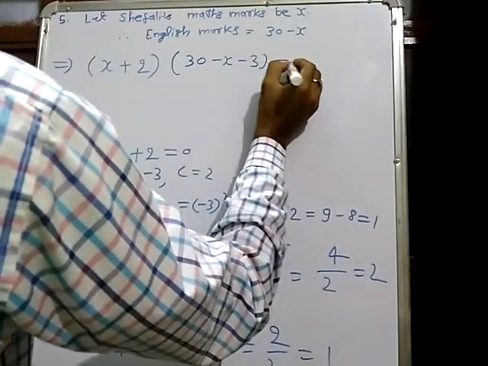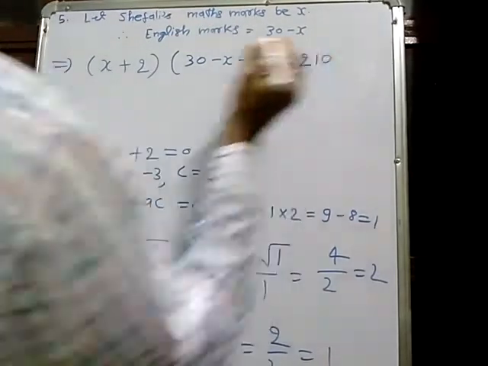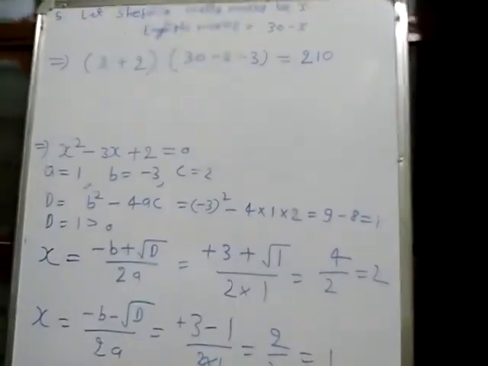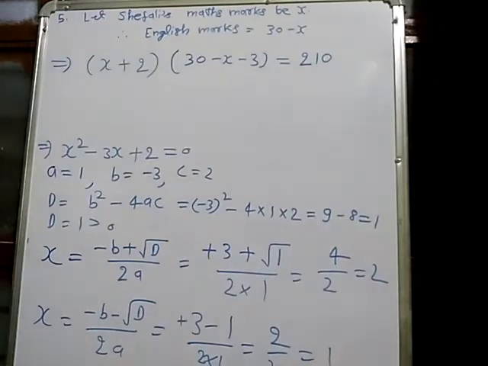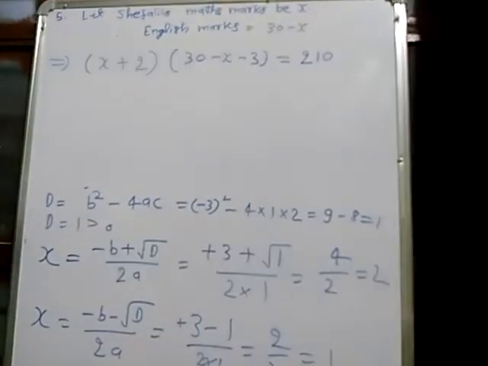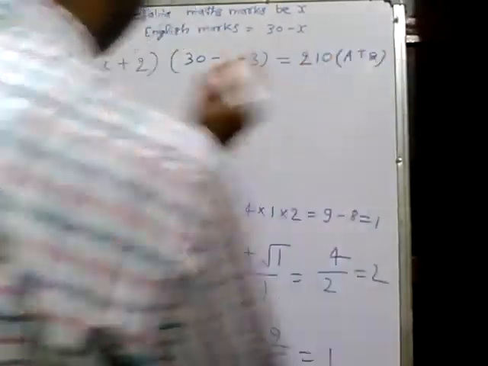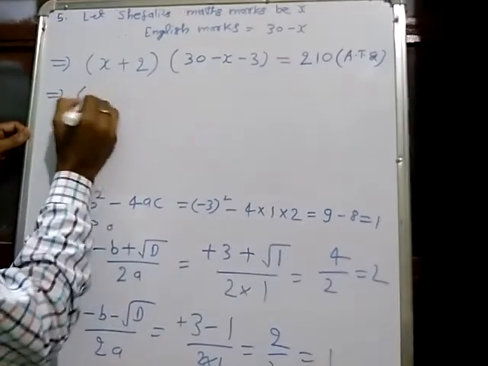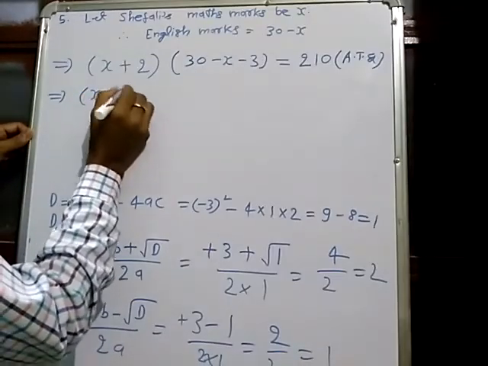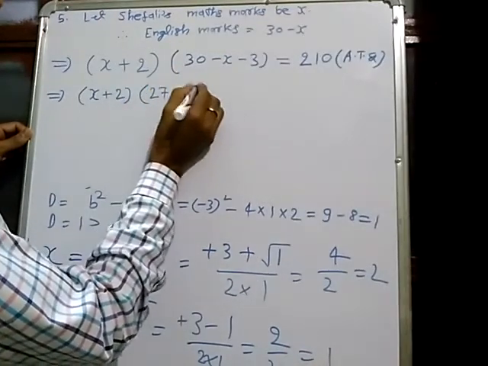Then the product of their marks would have been 210. So the product of her marks is 210. This is what we got according to the question. So now we'll solve it. Multiply: firstly simplify x plus 2 into 30 minus 3, that is 27, minus x